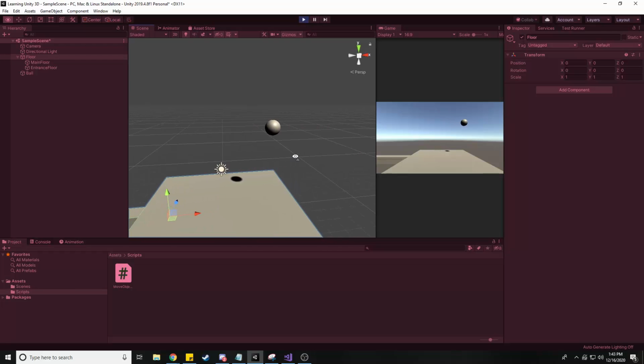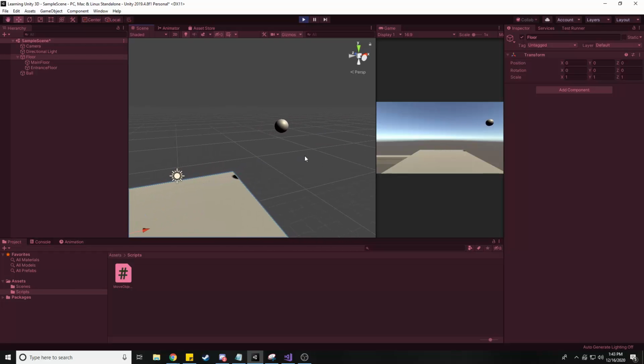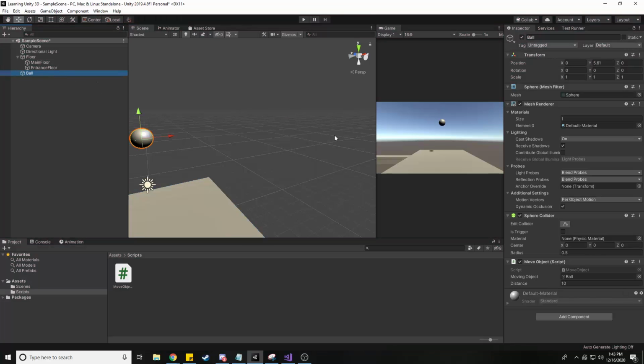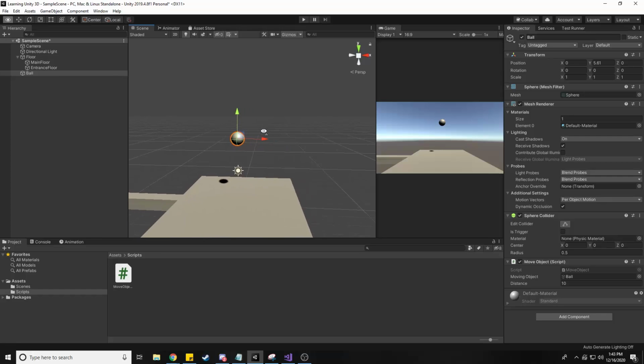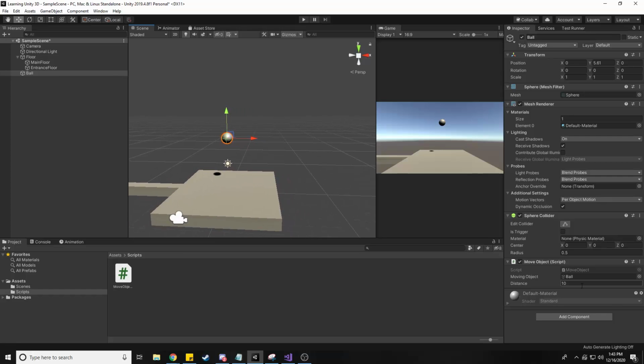So we can see, since we put that script on our ball, we referenced the ball is actually moving until it reaches 10, and then nothing happens because we don't have a value there. We don't have anything in our function call. And we noticed that it was at distance 10, right? And you can see our distance variable here in our move script that got populated now because we made that